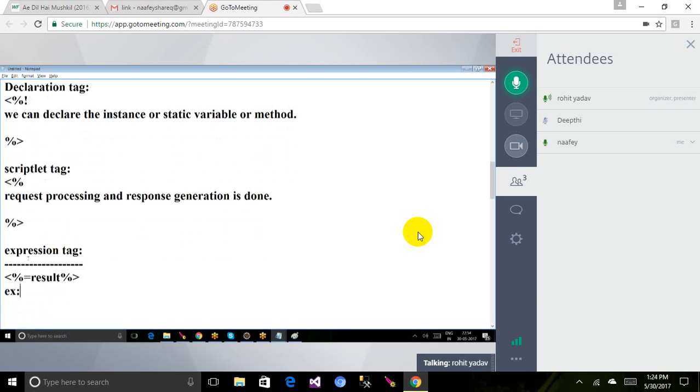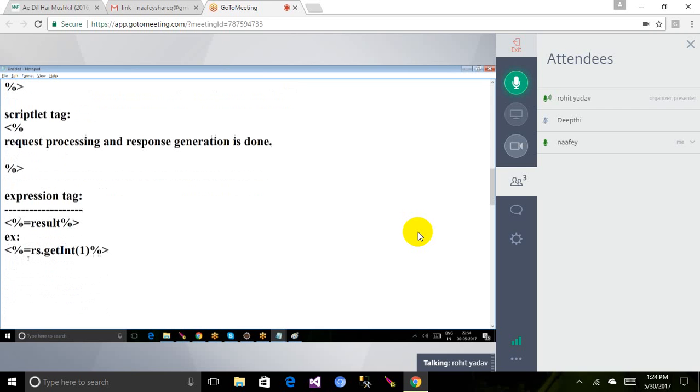Here, for example, we need percentile equals rs.getInt(1). We have seen this in the JDBC. We used to retrieve the rs, right? The same thing we can write here. This particular expression is nothing but the result. Whatever value you want to display in the output, that can be displayed by using this particular result, you can say. Okay,